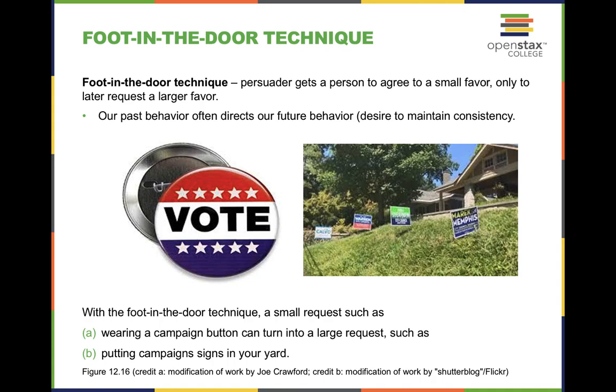This is when a persuader gets a person to agree to a small favor only to later request a larger favor. So in this essence, you want something bigger in the long term, but if you ask it up front, you're likely to get a no. But something about humans that you need to understand is that we like to be consistent people. Whenever we say yes to something, we tend to want to keep with that trajectory. And what I mean by that is, and it's not in all cases, but it's a higher likelihood that you can get the desired result in the end. Say you're running for some campaign, and you go up to the person, you say, hey,